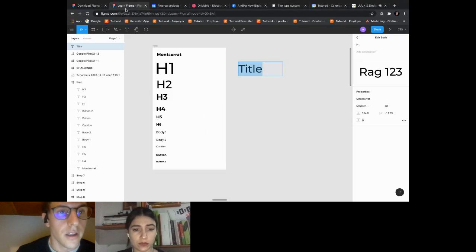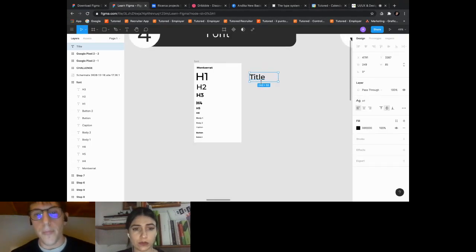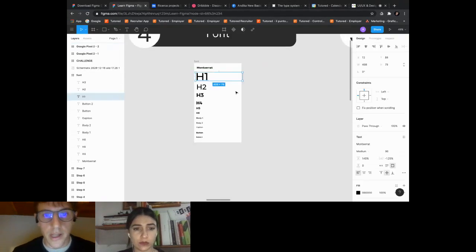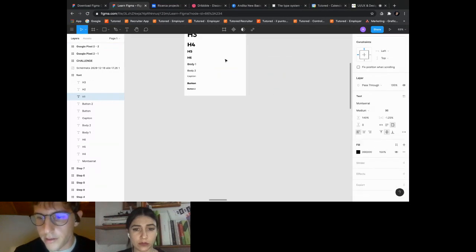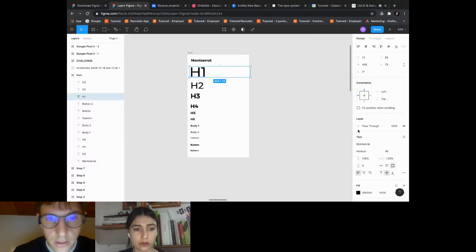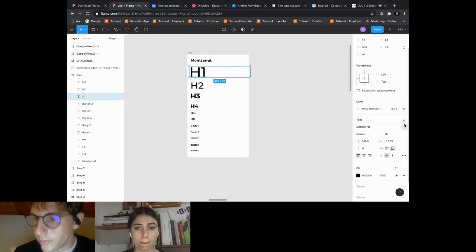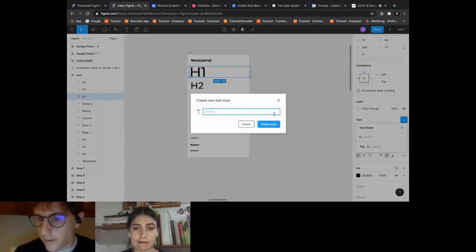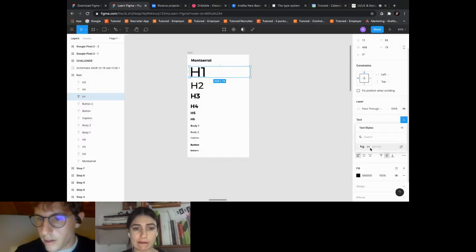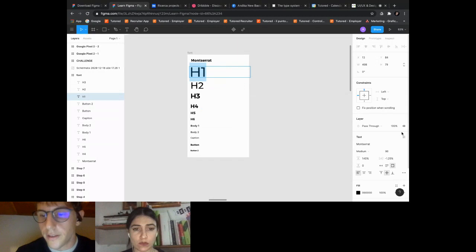Okay. Now we are going to create our font styles in our project. We assign this font, this text, to our font styles.